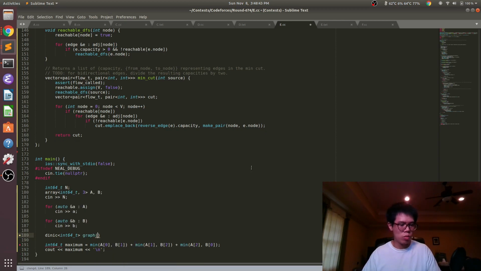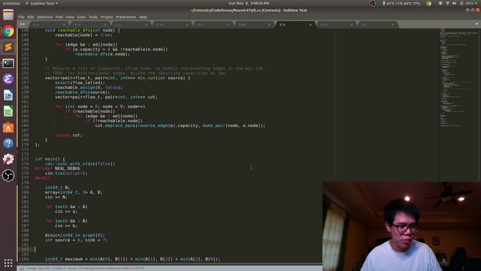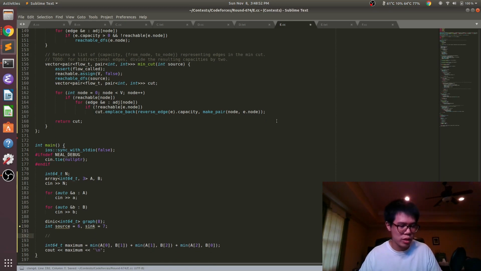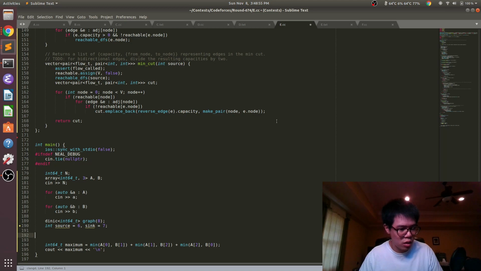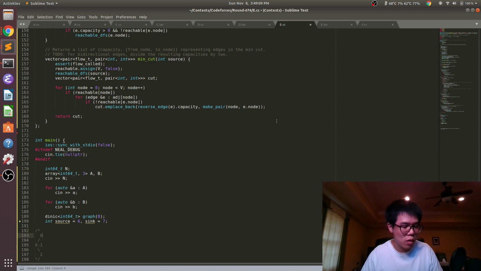Okay, so we're gonna have a graph with 8 nodes. The source is gonna be 6, the sink is gonna be 7. And so basically it's gonna look like this, and then there's going to be some connections to the other side.